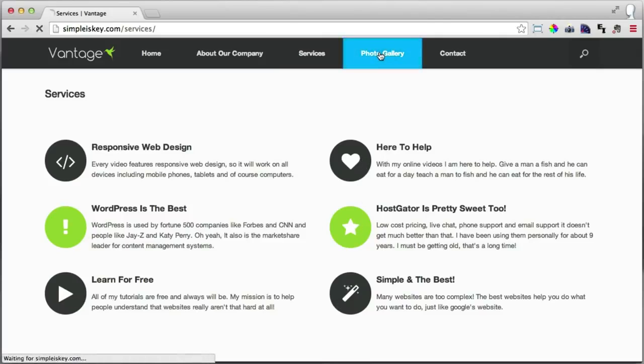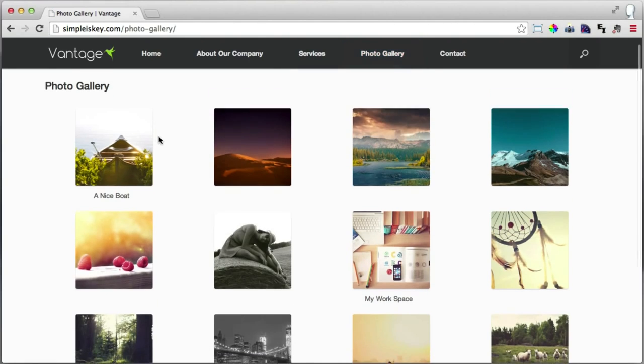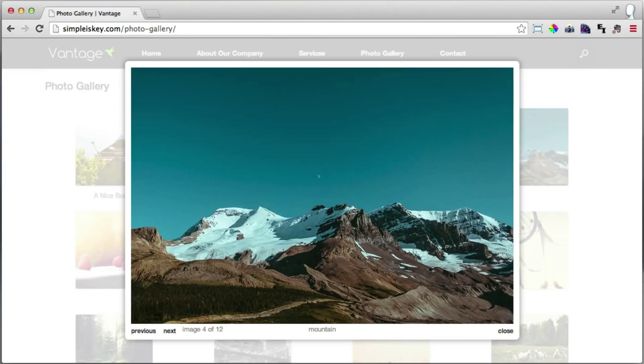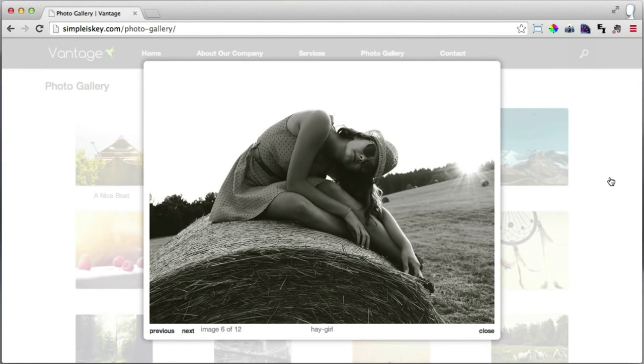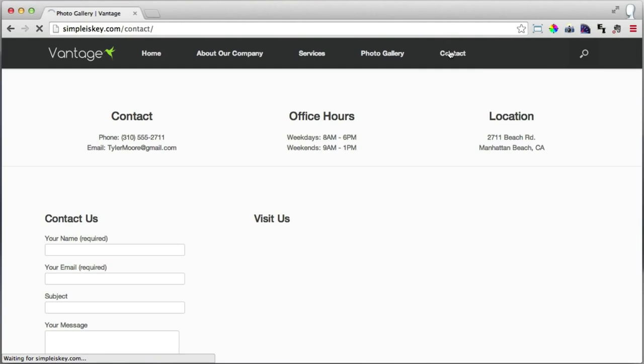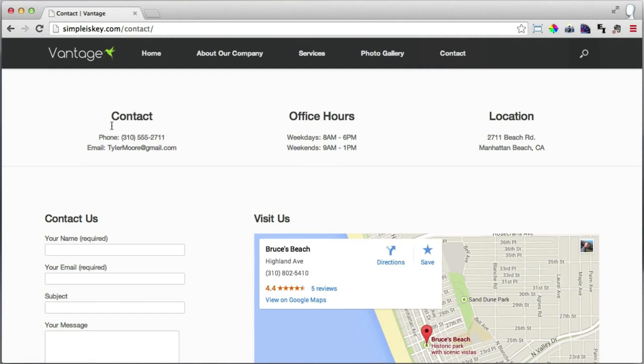Then I'm going to show you how to put in a photo gallery where you can click on it and it pops open into a really nice light box. You can also use your arrows to scroll through the images, and if we click off of it, we can exit out. Then I'm going to show you how to make a contact page with these three different things on